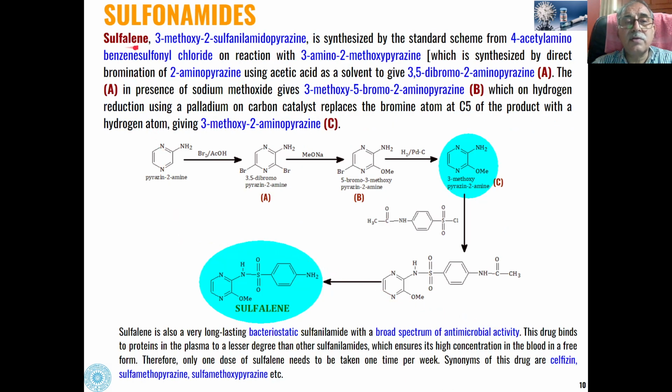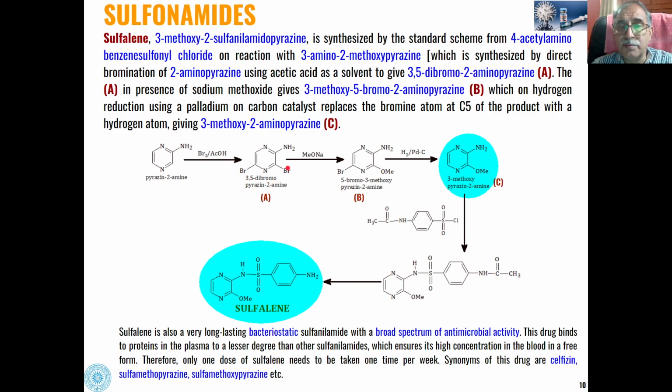Then is sulfalene. Sulfalene is again a pyrazine derivative of sulfonamide, 4-aminobenzene sulfonamide. So when pyrazin-2-amine is reacted with bromine in acetic acid, bromination will take place at these two places, and we will get